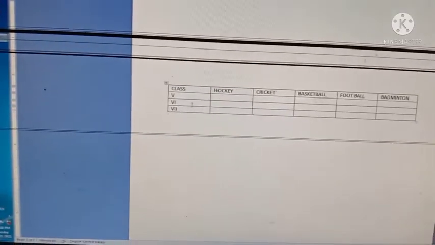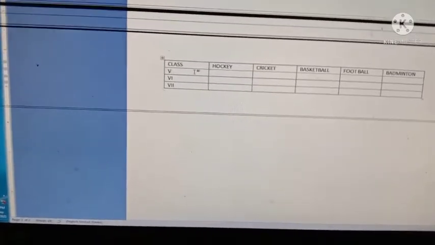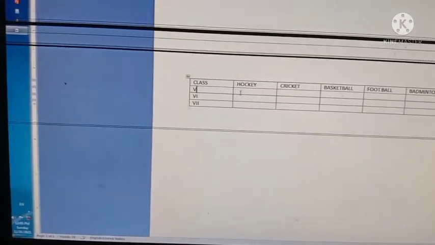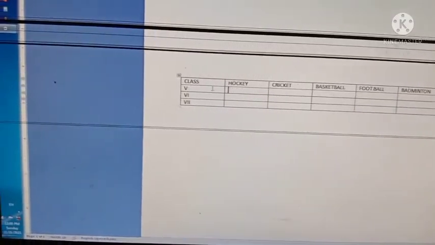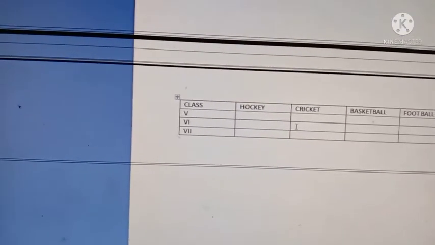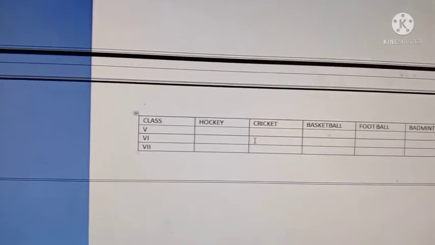Then if you want to go to this column, don't click the spacebar or something. If you click spacebar, the size of the cell again increases. So if you want to go here, just go and click here. Otherwise, you can see in the keyboard one arrow here. If you click that arrow, it will move like that.